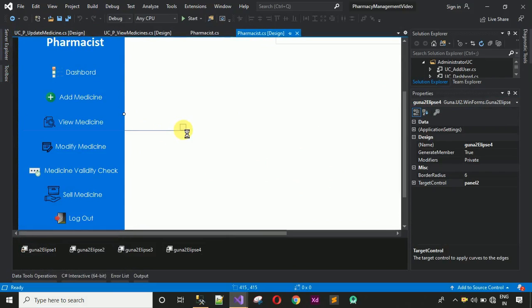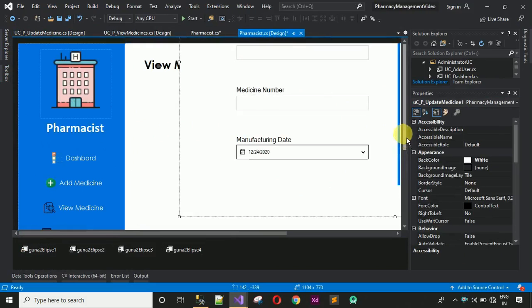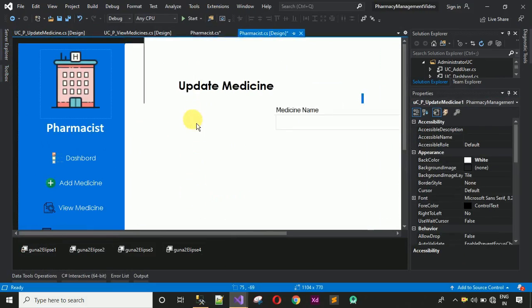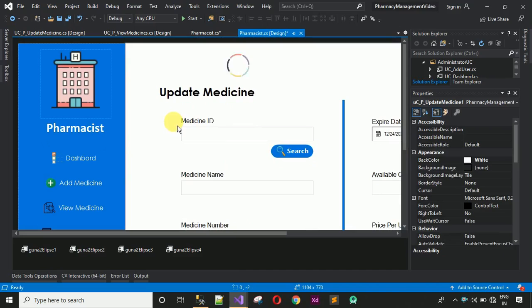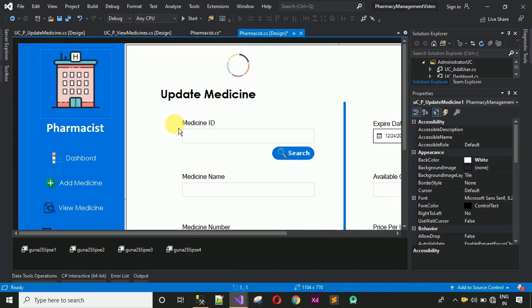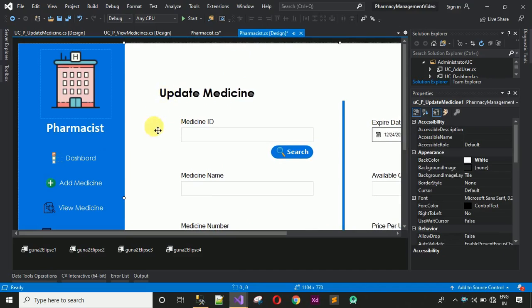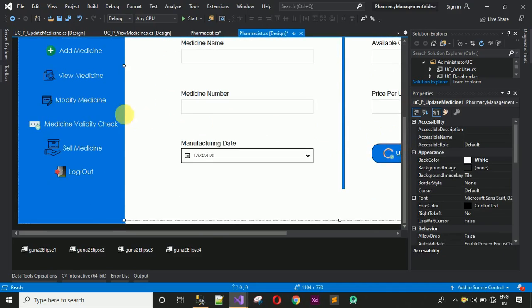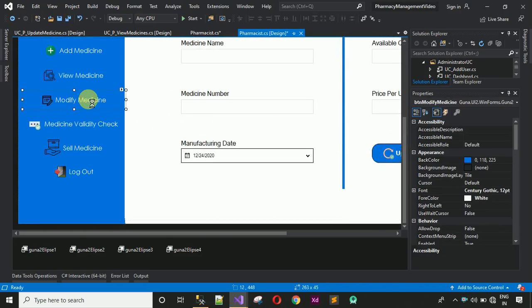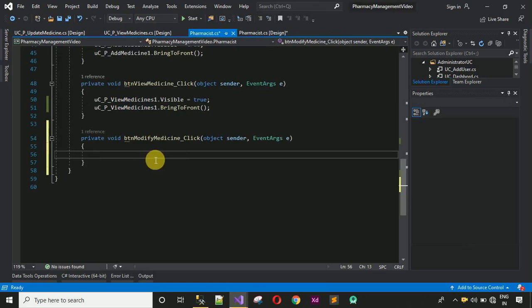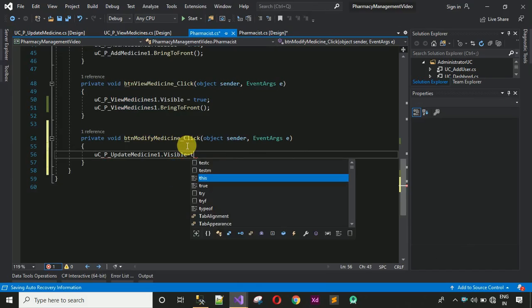Just drag and drop it over here, and here you can see we have this, and we have to just paste this on the proper position. Okay, so I have placed this. After this, we have already changed the name for this button, so just double click on this button, and this will generate a click event for btn modify medicine_click. And here what we have to do is UC_P_update medicine dot visible is equal to true,